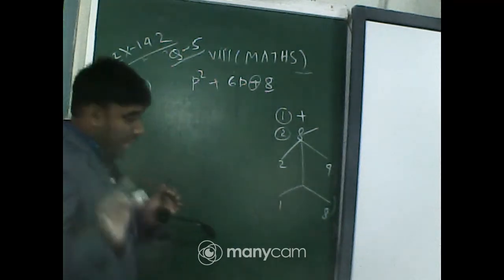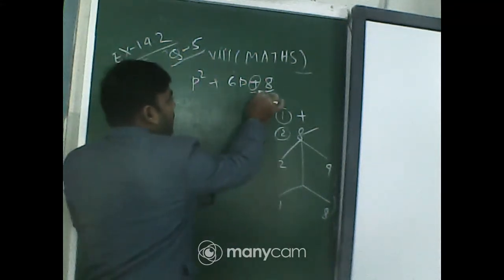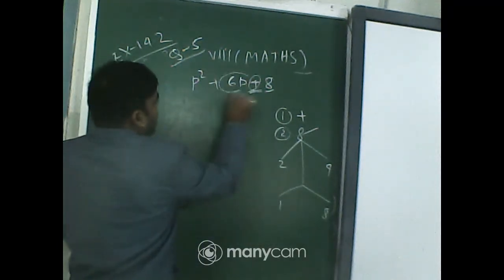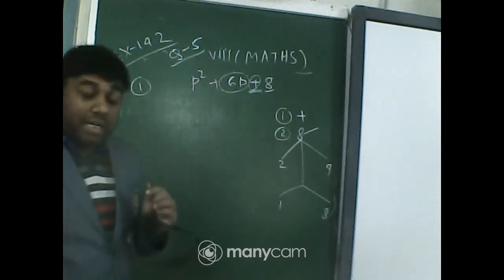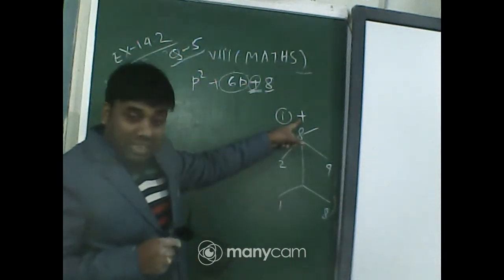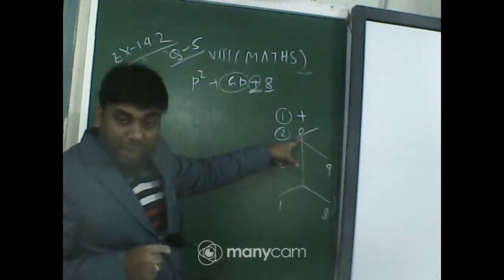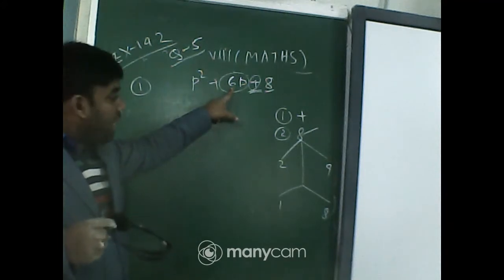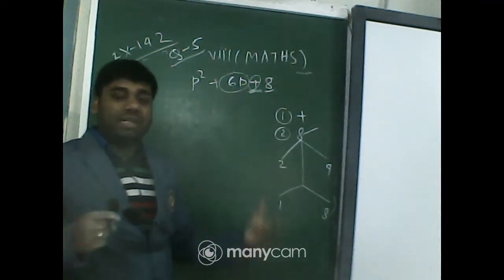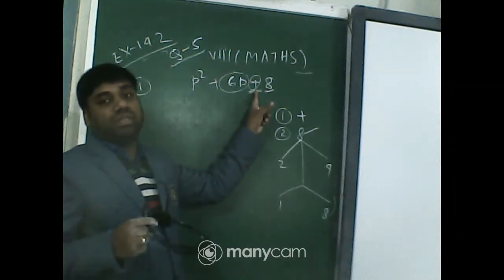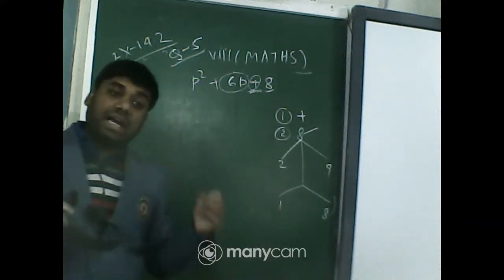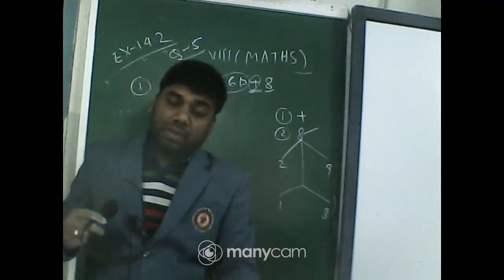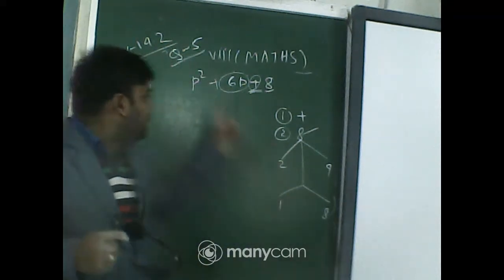Now, students, I have told you that the sign is very important. And what is the middle term? The middle term is 6p. Now, using the plus sign and the factors of 8, we have to match that 6. Again, I am saying by using addition. Why addition? Because before that term, the addition is there. So by using the factors with the operation addition, we will match that 6.